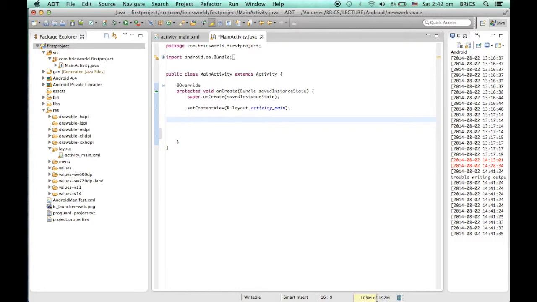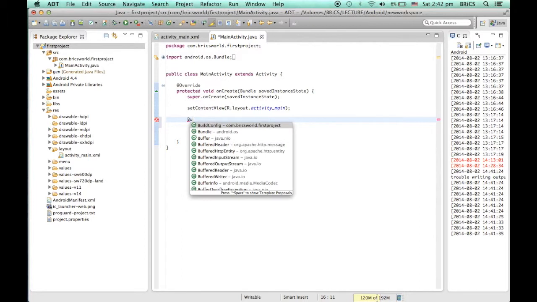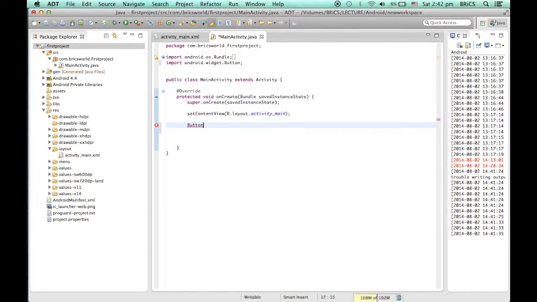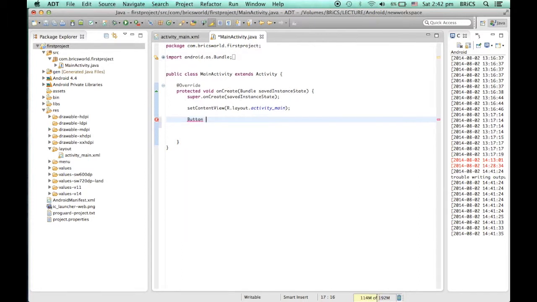Our first object was the button. So let's create Button. Again, if you have a problem with spelling, just type b and press Control space and you will see the list. You can select things from that list. Give it a name like b1 equals. Don't create a new button, as we already have a button. We just need to create a pointer.